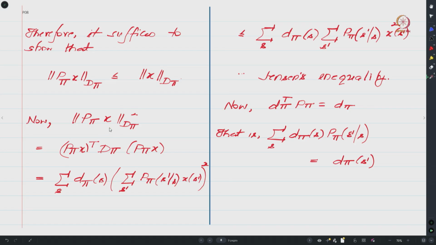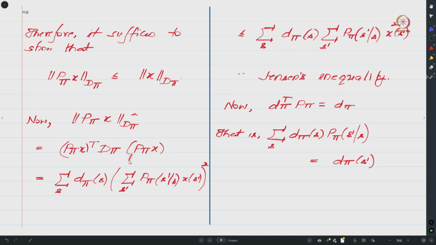So this expression I can write as P_pi x transpose, and since this is the metric that is induced by D_pi, I will have D_pi here, and again this vector over here which is P_pi x. One can see that this expression actually has a form that is given over here. Because of the D_pi you will have D_pi(s), and because you have the transpose and the same vector over here, one can see that you will end up with